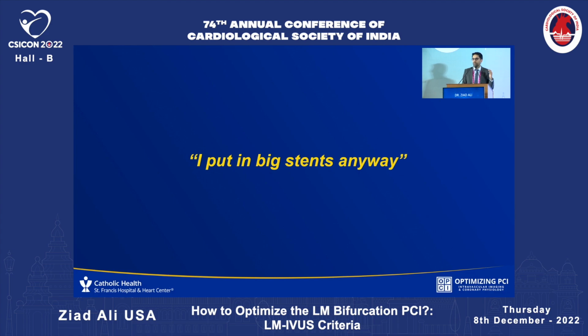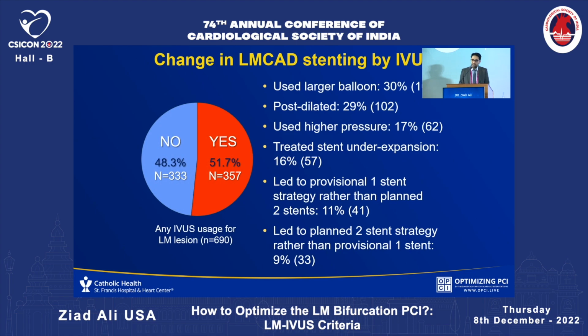I think what we've shown over and over again is that intravascular imaging helps you put in bigger stents. But nobody's really putting 2.5s in the left main anyway. But it does change things. This is data from EXCEL, which shows you use a larger balloon, which means if you were going to use a 4.0, you use a 4.5. You post-dilate more commonly. You use higher pressure. You treat stent underexpansion, which means an optimization round following your IVUS,